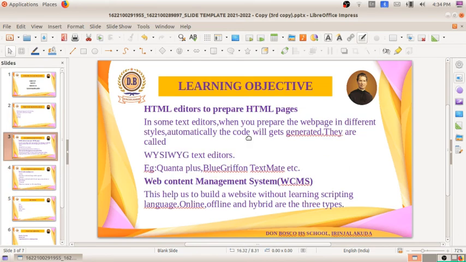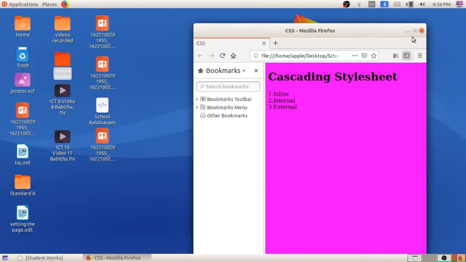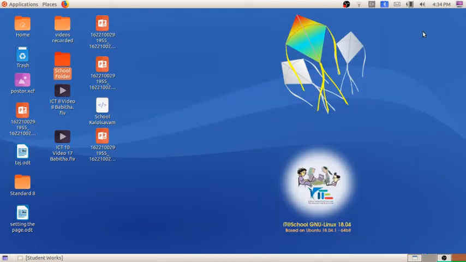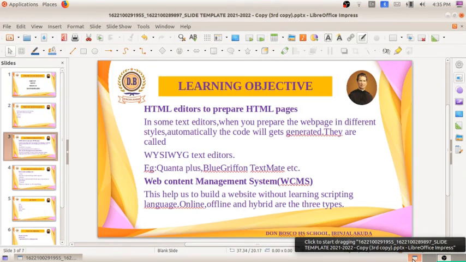Next one is HTML editors to prepare HTML pages. So this I am closing. You have to practice this activity. You have to watch the video because the code is not available in the textbook. Only the theory part is given in the textbook. So you have to write it in your lecture notes.